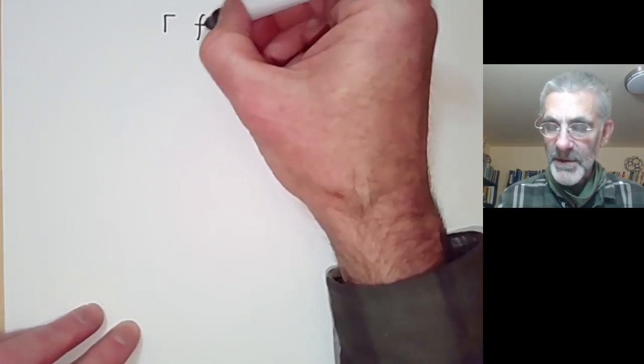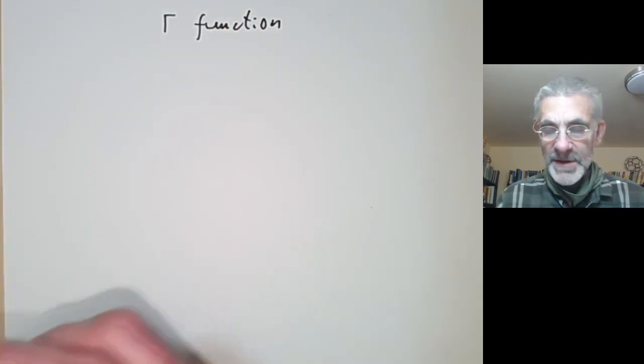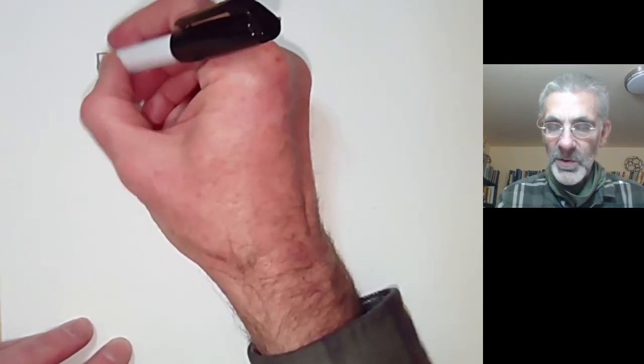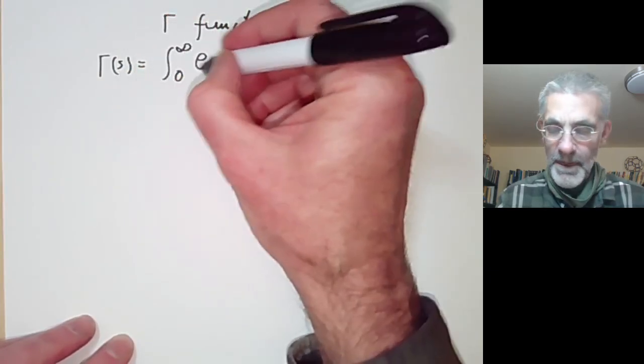This lecture is part of an online undergraduate course on complex analysis and will be about the famous gamma function. So we'll just start by recalling its basic properties. Euler defined the gamma function by the following integral, and